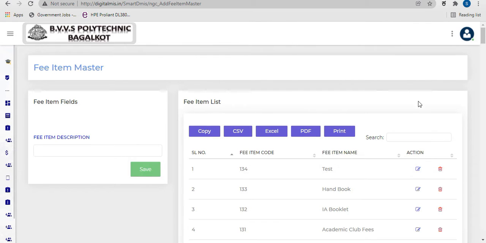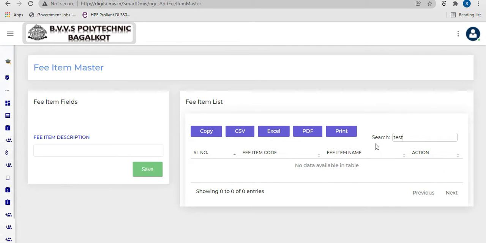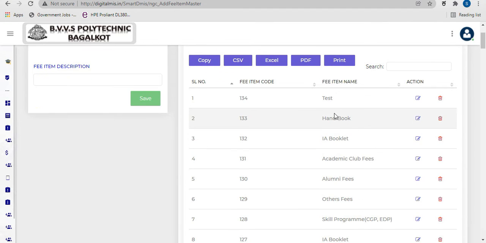The saved data will be displayed on the left side in the fee item list. If you search for it, you will find it. You can see the test which I have added here.